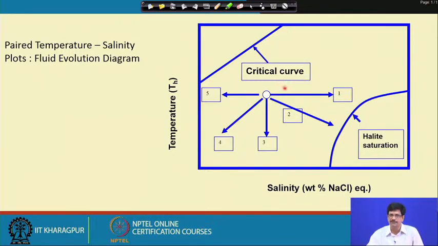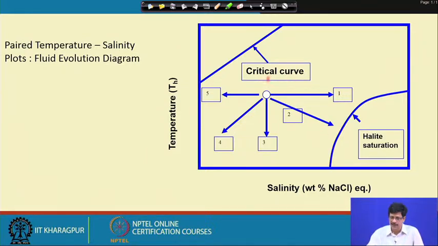Ideally, when we talk of aqueous biphase inclusions, they are likely to fall in these regions. Aqueous polyphase inclusions with halide daughter crystals are likely to fall on this halide saturation curve, but at times we also get aqueous biphase inclusions whose points fall beyond the halide saturation curve without actually having a halide daughter crystal in them. This happens because the chemistry has been such that the halide daughter crystal could not precipitate independently, but because of the presence of other soluble salts, other chlorides, the solution is actually very briny. This weight percent NaCl equivalent could be more than what corresponds to the saturation value.